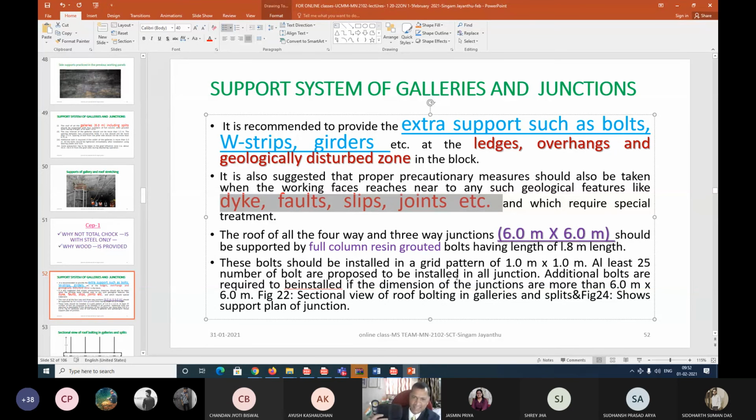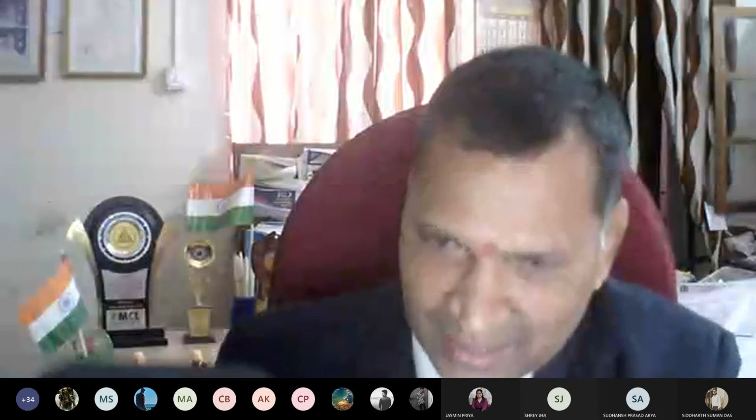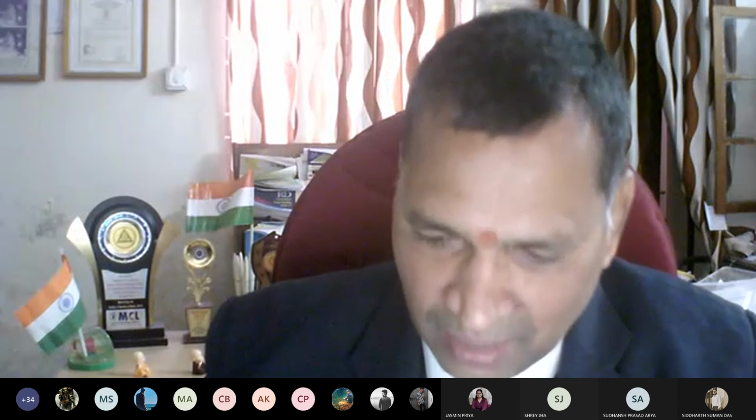In this roof, what is happening? When the length is increasing, when it's a two-dimensional beam, right? Still, when the width of the gallery is increasing, there will be more load coming on this and more bending stress. When it is 6 meter compared to 4 meter, more bending stress will come, and there is a possibility of more collapse. So you are supposed to provide more support resistance. All those things are there. Of course, those are supposed to be designed. That discussion we will have in the subsequent classes, when total support designs are coming.